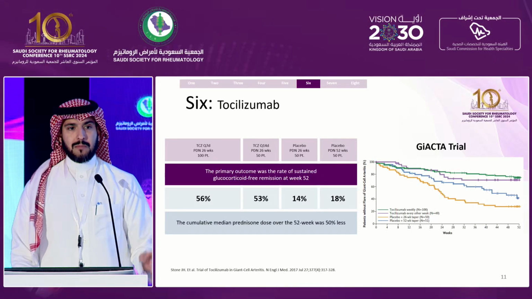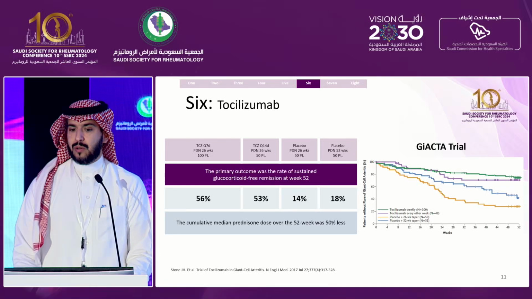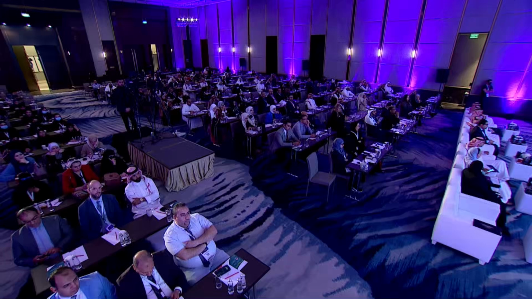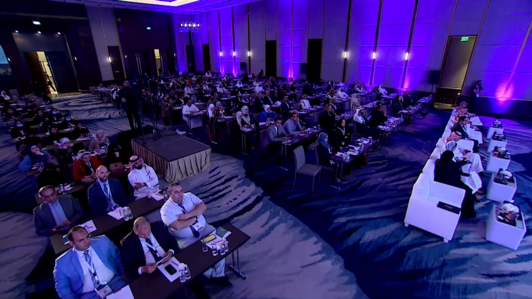The other two groups are placebo. The only difference between the third and fourth group is the duration of steroids. The primary outcome was the rate of sustained glucocorticoid-free remission at 52 weeks. It is very clear that the two